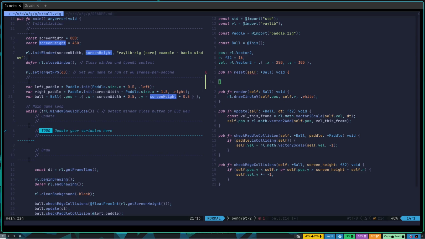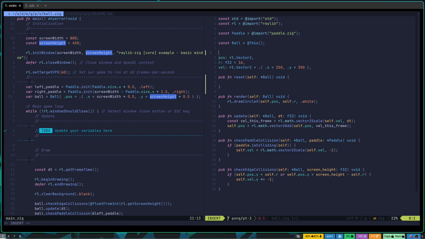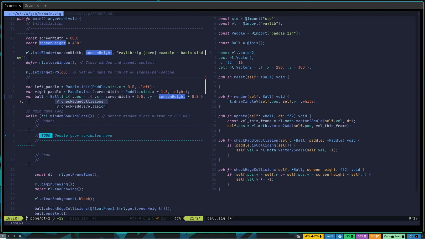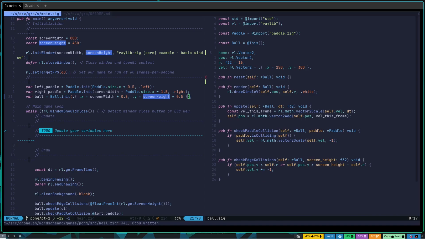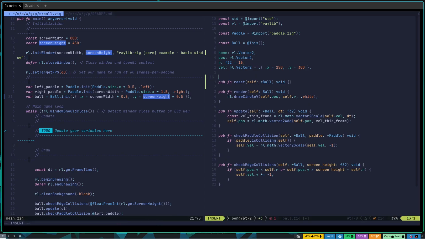right, what we want is rl.Vector2, and we will init the ball with that,